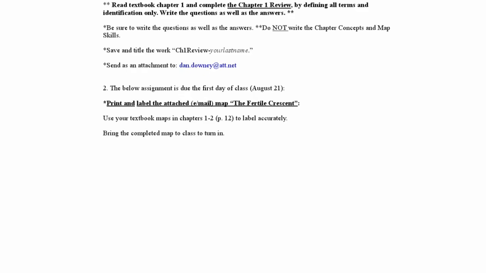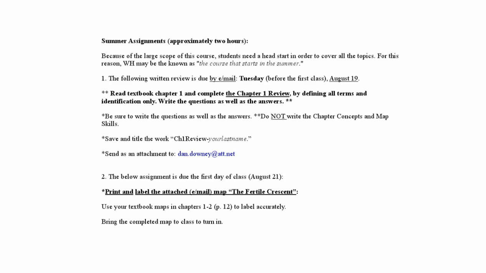And here is the first assignment on the last page of the syllabus, called the summer assignment. It won't take you very long. It might be a little less than 2 hours, but generously, if you're working slow, it's about 2 hours. Following is this: the chapter 1 review right here, which I'm going to show you what it looks like in a separate clip,